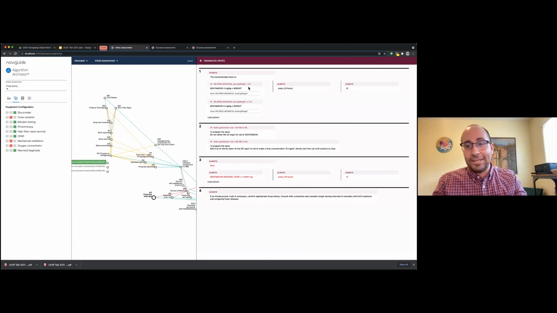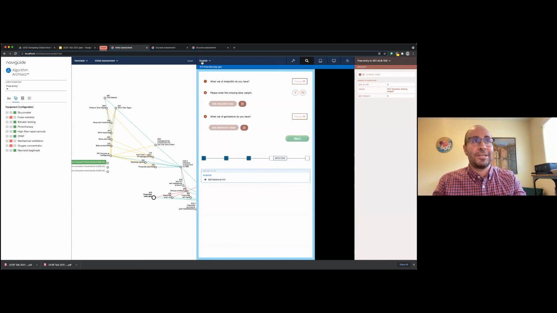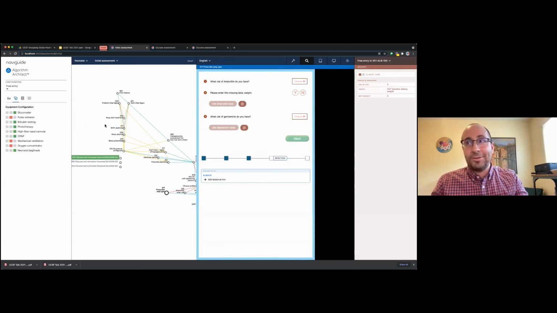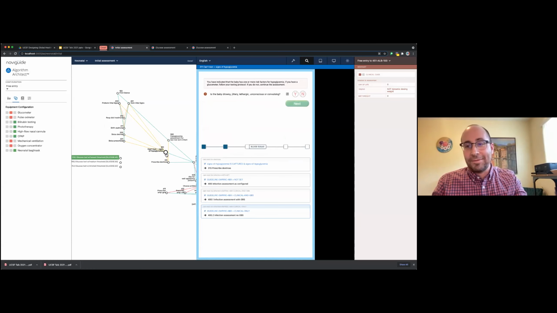If the baby's less than 2.5 kilos, give 3 milligrams per kilogram. And this is how it's going to interpret the mixing instructions. But even further, we knew we wanted to configure to sites and to site-specific equipment. So if you look here, this is the one we just went through, but what if you couldn't check the glucose? Whole parts of the logic go away, and you're filtered into asking about symptoms of hypoglycemia instead of checking the glucose because you can't.